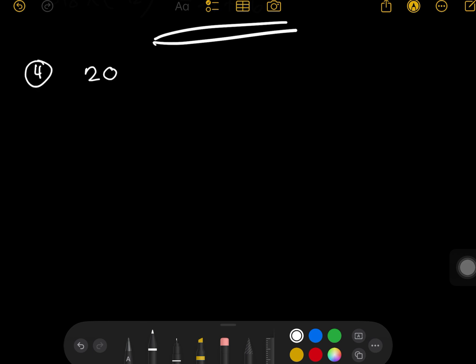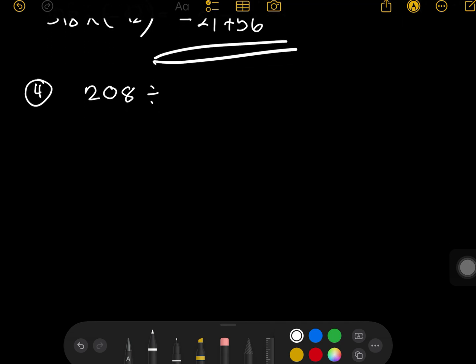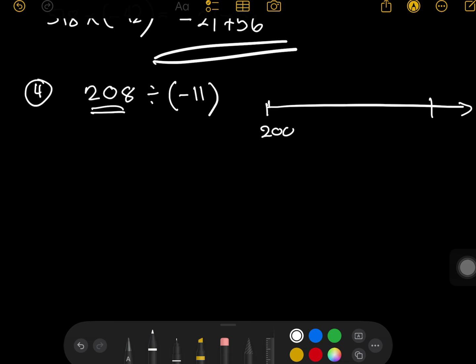So let's say we have 208 divided by negative 11. Again, let's take the first number, which is 3 digits. That 3-digit number lies between 200 and 300 if we draw the number line. Of course, halfway is 250, so 208 is around here. It's closer to 200, right? So we can write 200 divided by